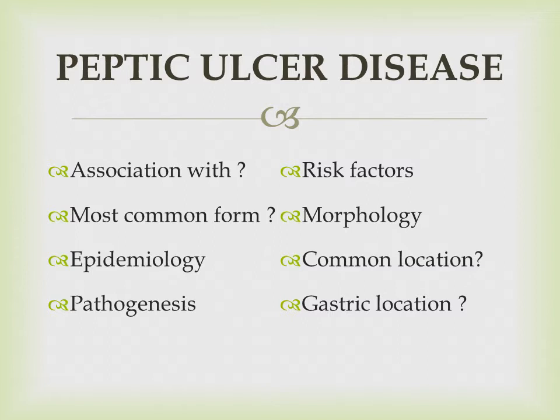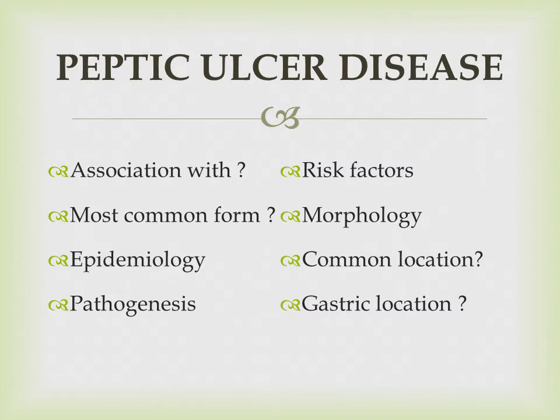Peptic ulcer disease is usually associated with increased gastric secretion, especially when it results from H. pylori induced infection. On the other hand, H. pylori induced peptic ulcer disease will cause decreased secretion of bicarbonate in the duodenum. So these are the two important features related to H. pylori induced gastritis leading to peptic ulcer disease: increased gastric acid secretion and decreased duodenal bicarbonate secretion.